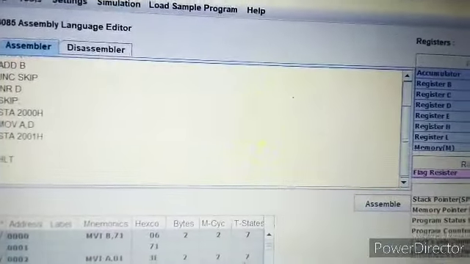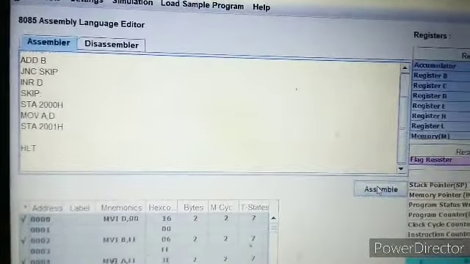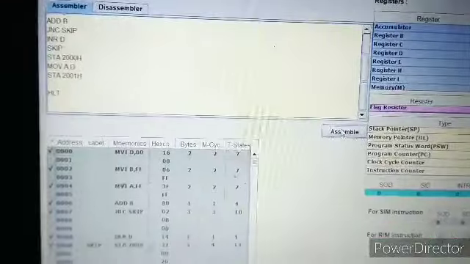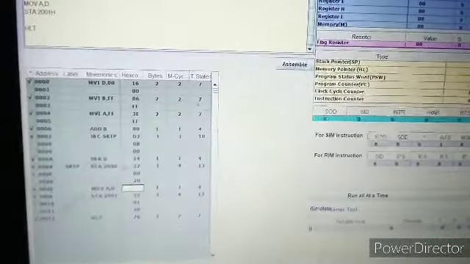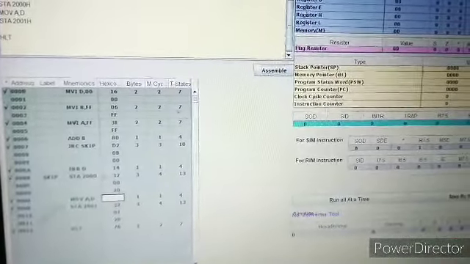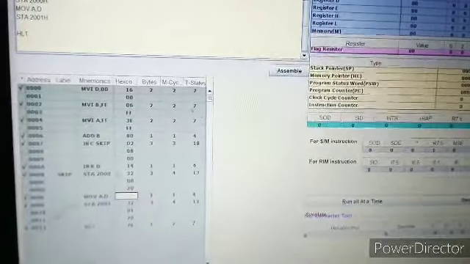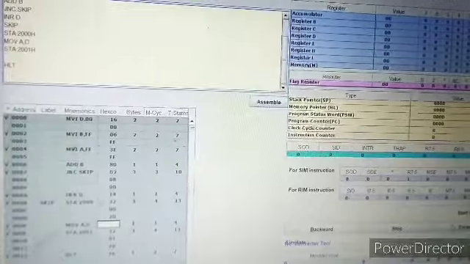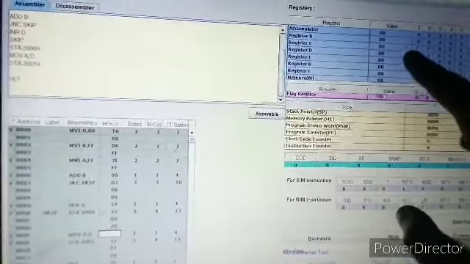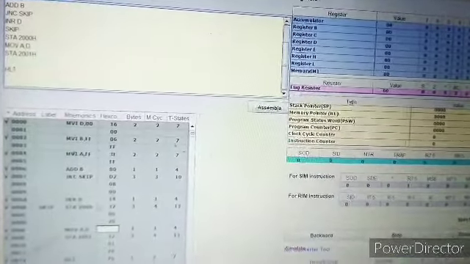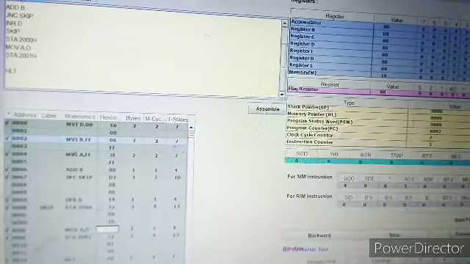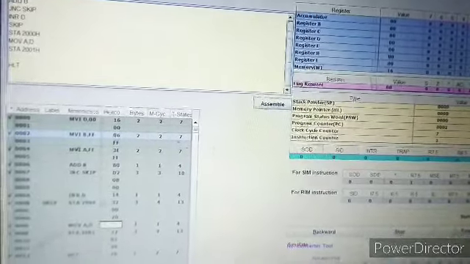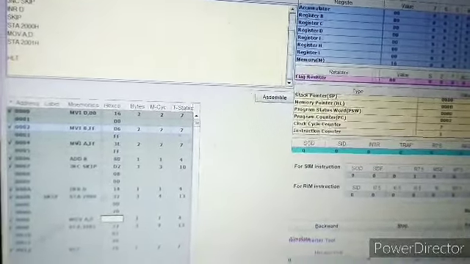Let's see how it works. First assemble. Step by step: MVI D, 00H. So D is now 00H. Next is MVI B, FFH.